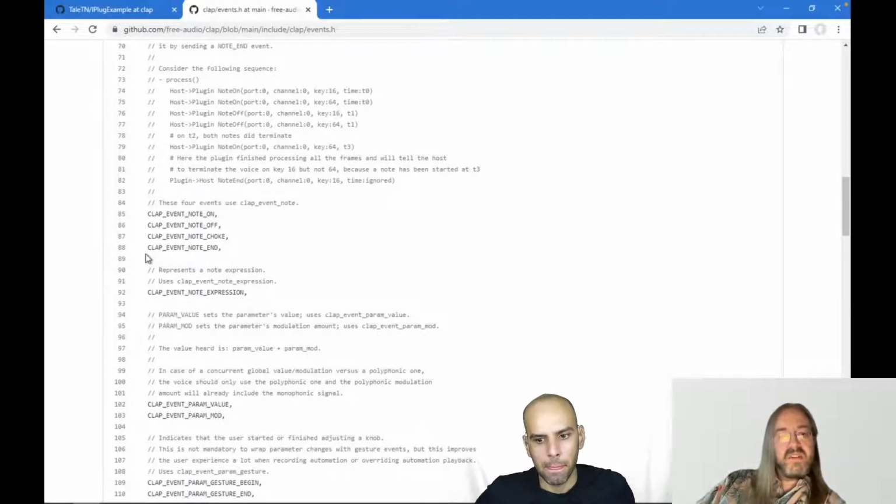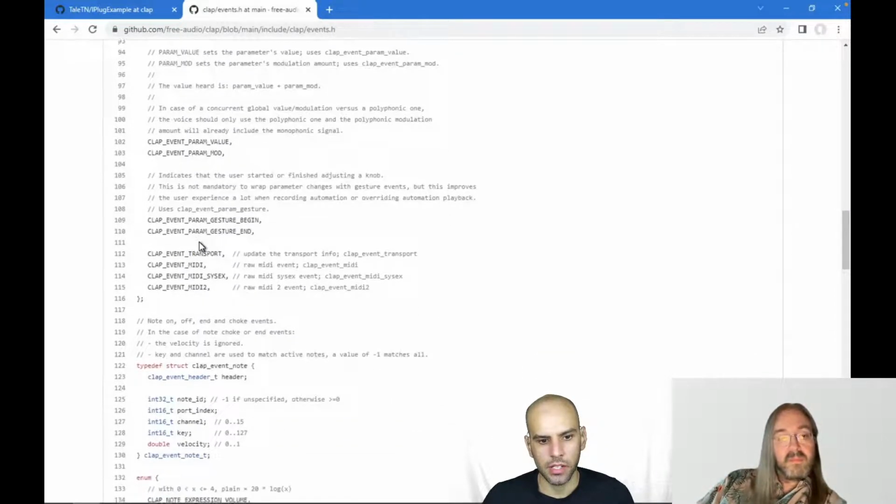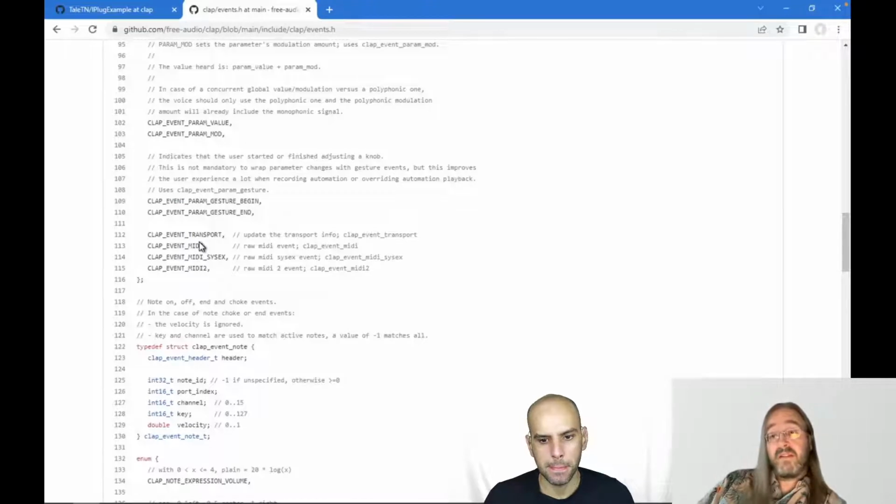Yeah, Clap is at version 1.1.1, I think, at the moment. But I believe the version before version 1 was 0.2 or something. So I think it will become more mature in time. And also, if more hosts implement it, then more people will have questions. If more plugin developers implement it, people will have more questions.